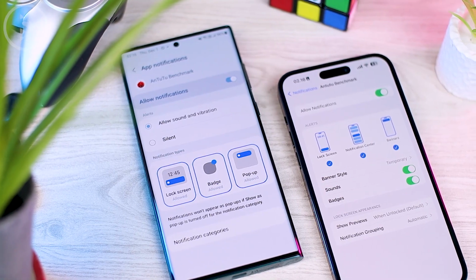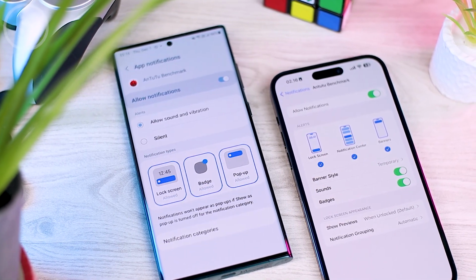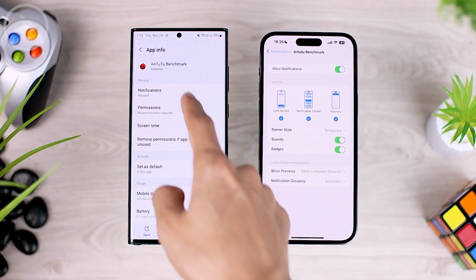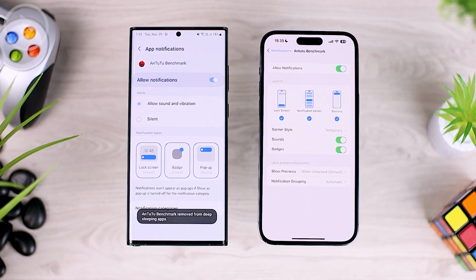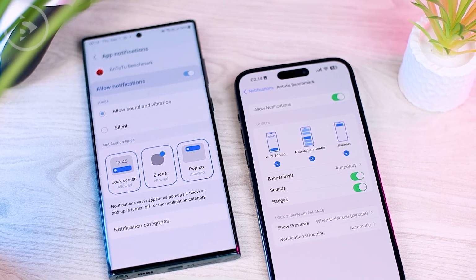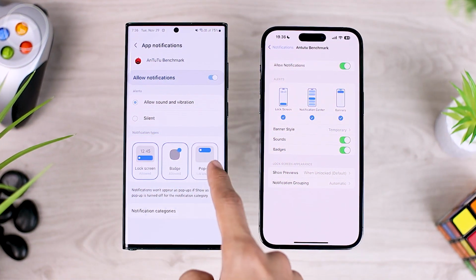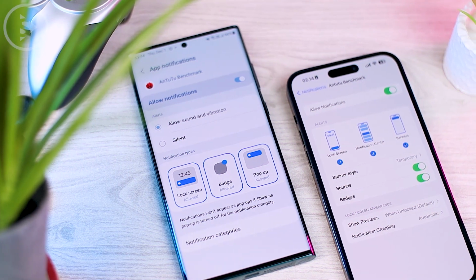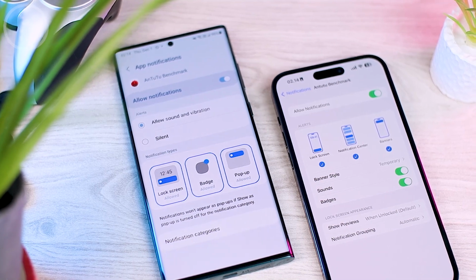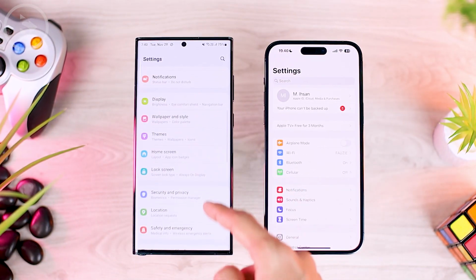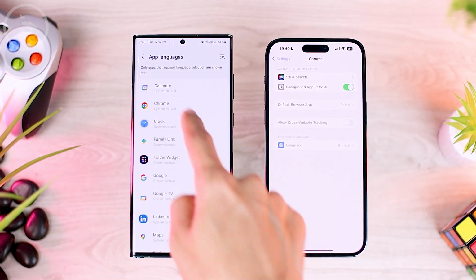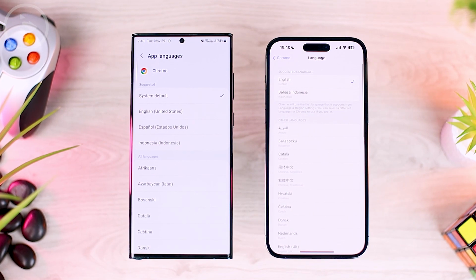Then there is also the latest notification setting features on One UI 5, which looks very similar to the notification settings on iOS. As for notification settings in each application on iOS, which we can set on the lock screen, notification center, and also banners, the appearance now looks quite similar in the latest version of One UI 5.0. Here there is the lock screen, badge, and also pop-up notification option. The notification display settings like this look quite similar to the display of settings on iOS. Then apart from that, there are also language settings for each application, such as on iOS, which is now also finally being available in Android 13 version on Samsung One UI 5.